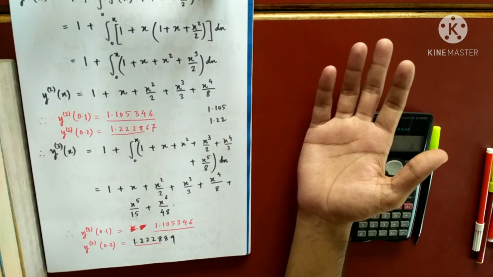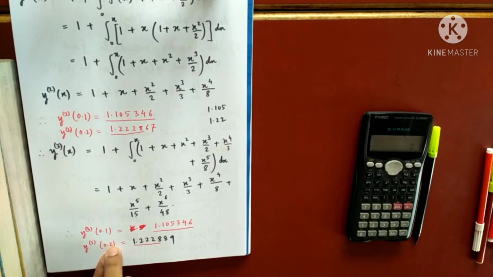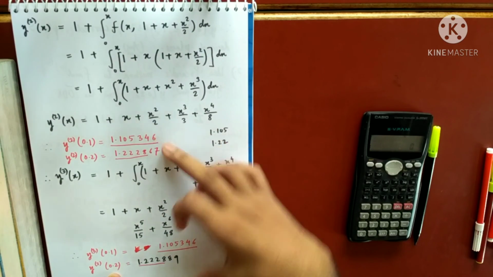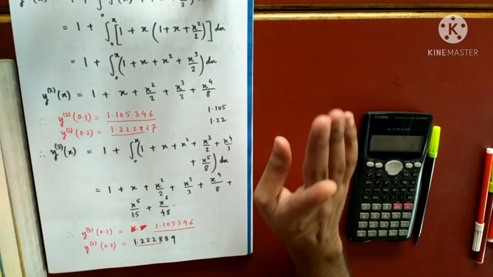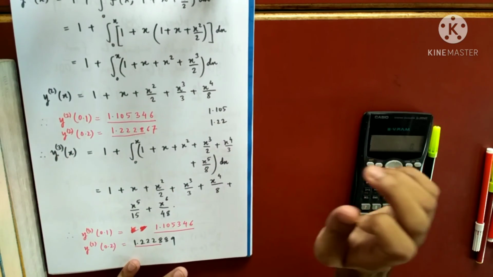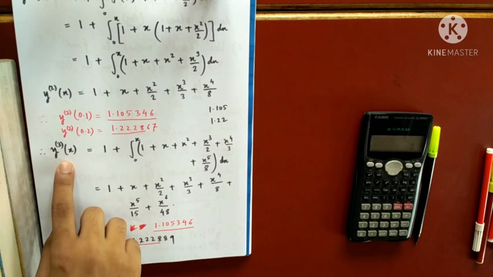Okay. So you can do the 4th iteration by yourself. I know the integration will be a bit big. Try it out. If you are not able to do it, I will do it. So why are we doing this? To make y at 0.2 a better approximation. This is already achieved. Y at 0.1 is achieved. But y at 0.2 is achieved correct up to 4 places of decimal. If you want more accuracy, we'll go for the 4th iteration. Am I clear?